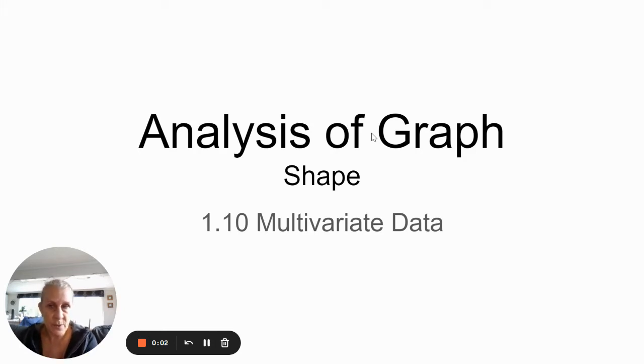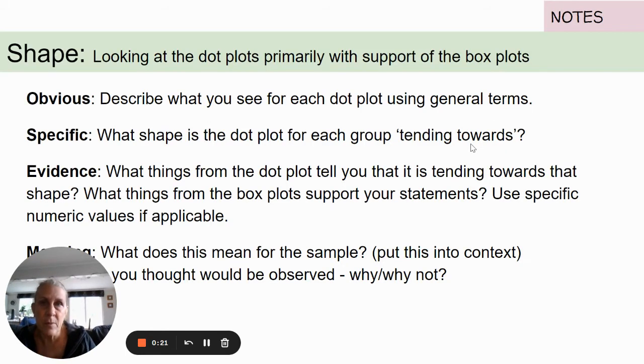Hello again and welcome to part 5 of the 1.10 multivariate investigation. Today we're looking at the analysis of the graph as far as the shape is concerned. It's quite a lot of work to be done around this, but first of all let's have a look at what we're looking for. So with the shape we can be looking for